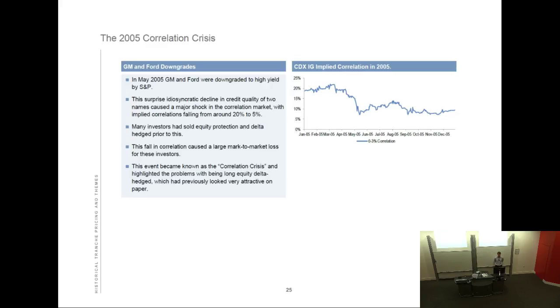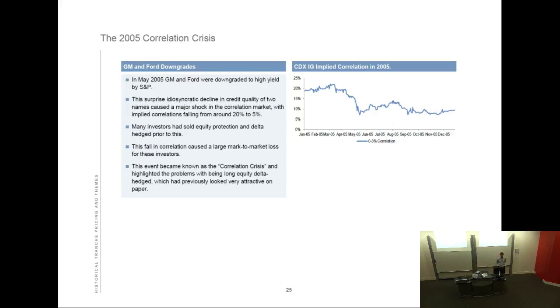People thought defaults are not going to happen. They just thought defaults aren't going to happen, and that meant people were comfortable selling equity protection. You would only sell equity protection if you're really confident that there's going to be very few defaults in the market. So that happened to quite a large extent, which then means that correlations rose, right, just to make those equity